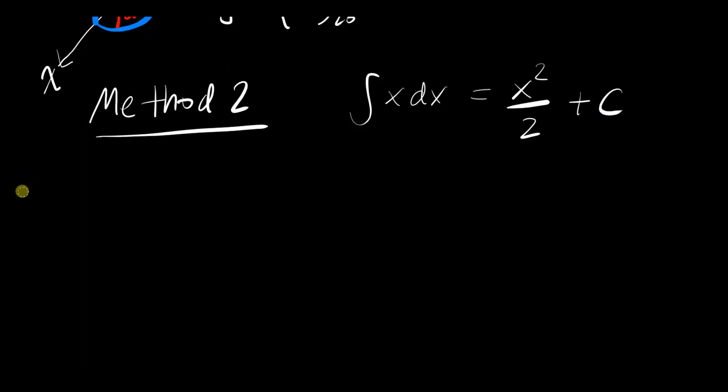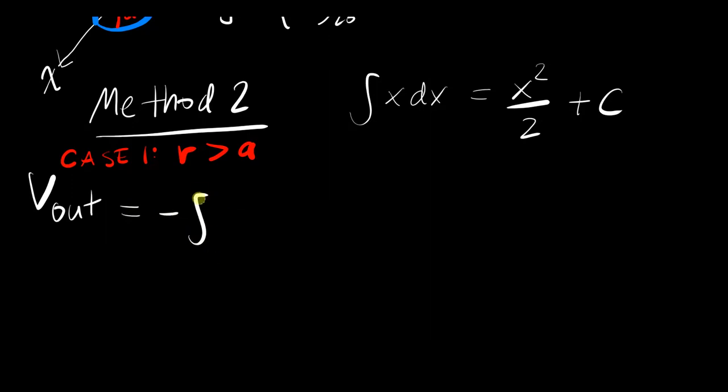So again, just like the first method, you're going to want to start by finding potential outside the sphere. So again, that's case 1, where every time r appears here, we're going to assume it means that it's greater than a already. And now we're going to use the same line integral equation like this, but we're going to not specify any bounds here. We're going to put the same electric field outside, which is rho naught a cubed over 3 epsilon naught r squared dr. And when we integrate, we're going to get the same thing,